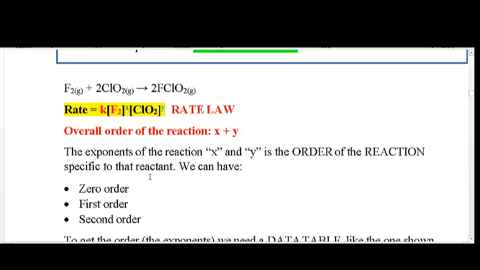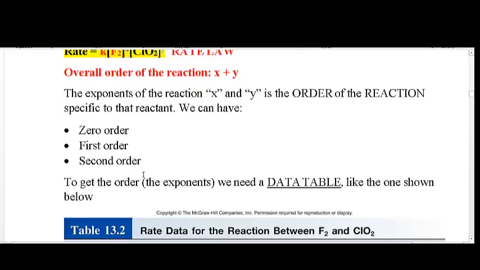First, let's go over one together, and then we'll do one as a practice problem, and then you can check my answers with yours. Before I move on, it's important to recognize that zero order has its own set of equations, or half-life, the time to decay to 1/2 its original concentration. A first order decay has its own set of equations, and it has its own half-life, which is again the time it takes to decrease to 1/2 its original